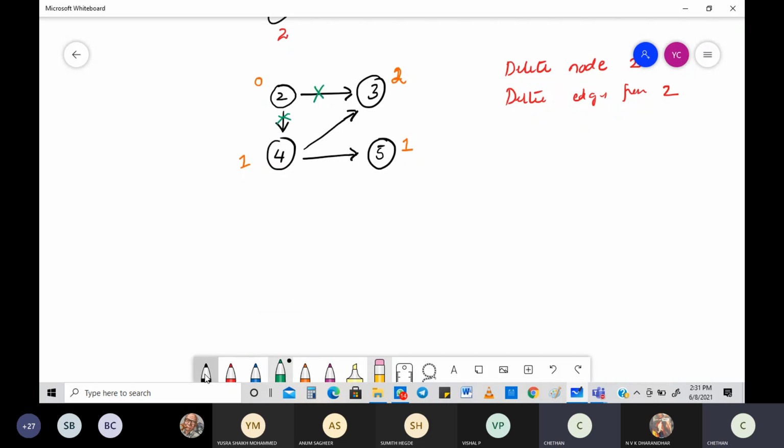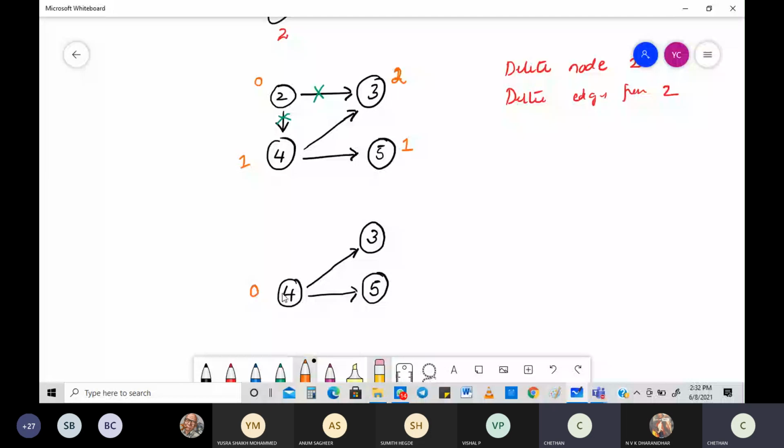If I do that, what are the things that will be ending up? We are going to end up with 3 like this, 4 like this, and of course 5. So there are edges that will be deleted. You need to have 4 going like this and this. Is there any other thing? See, this one and this one will be getting deleted, so you're not going to write that. So only this thing will remain. Now again, the in degrees need to be figured out. What is the in degree of 4? 0.